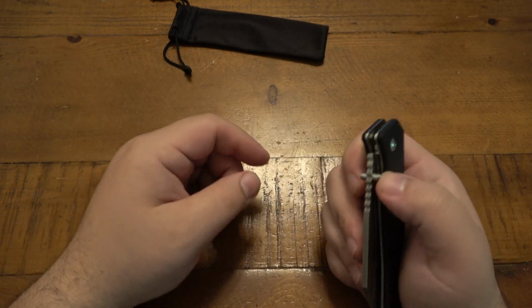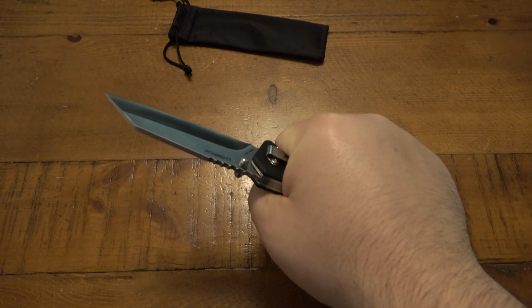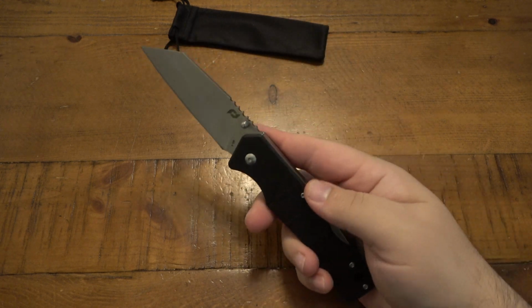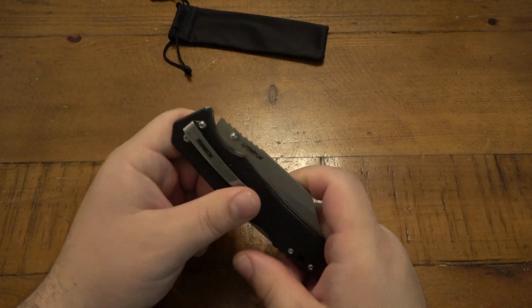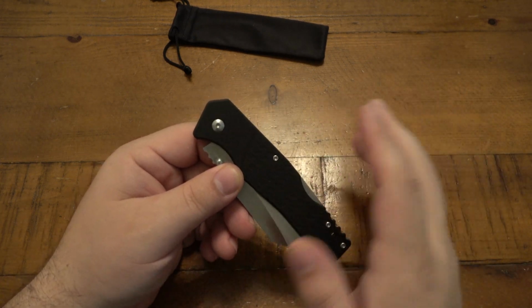So I feel like there's a lot of guys out there that would get this and they'd overlook it, like, hey, I don't even use that grip anyway. I use a full, natural, relaxed grip like this, or I'll just choke up, or whatever you're doing. If you can get past the jimping here, you can get past the extra chunk in the weight. And I think for a lot of you guys, the hardest thing would be getting past the tip down only. But hey, if it's not a big deal to you, I could totally see a lot of construction guys,